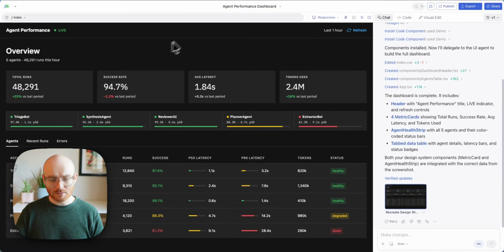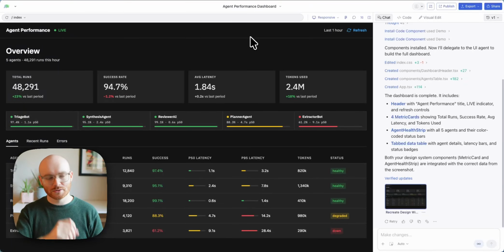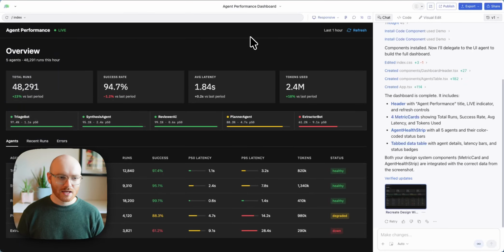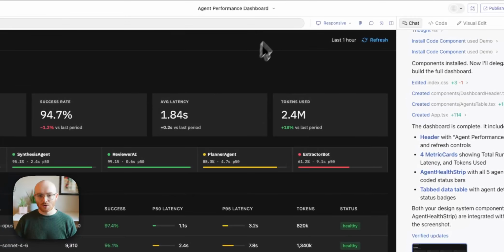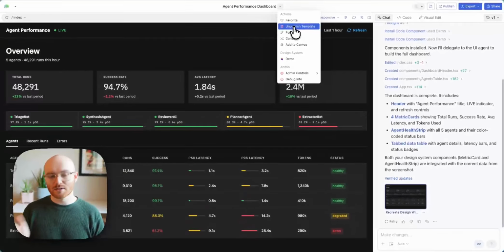All right, so we covered sharing. The last thing I want to cover is templates. So let's say that this page here is one that really closely mimics the homepage of my application. And rather than having every team member rebuild this every time they want to, I can actually just share this as a template that they can reuse. So up in the top bar here, you can click on this and go to Publish Template. What this does is it automatically puts it into the template section and invites your entire workspace in order to